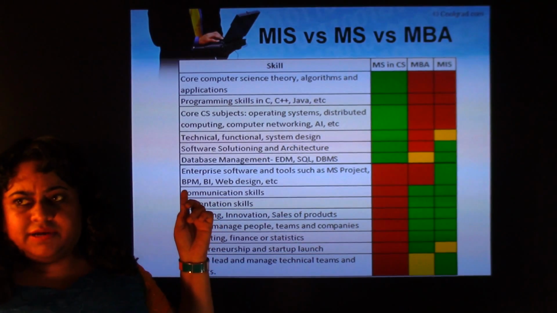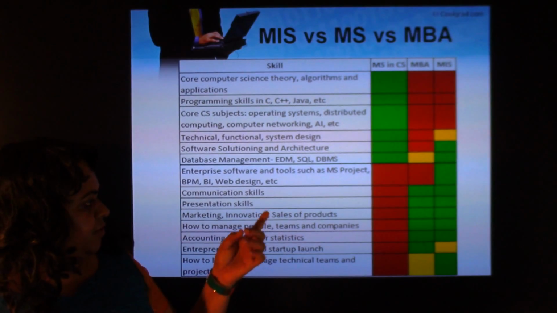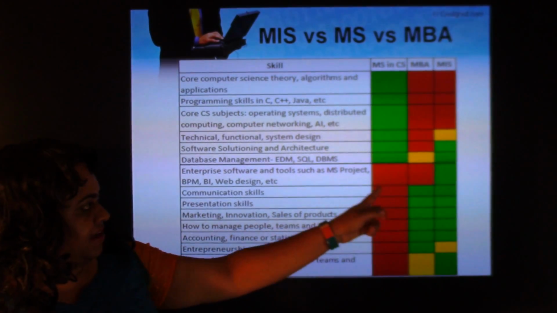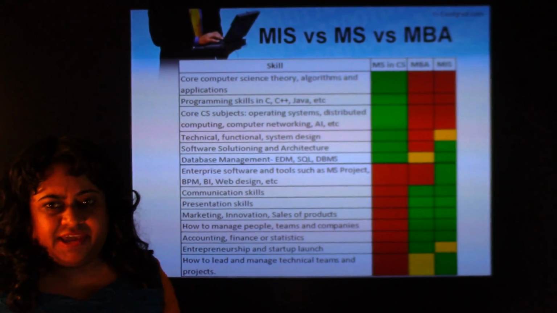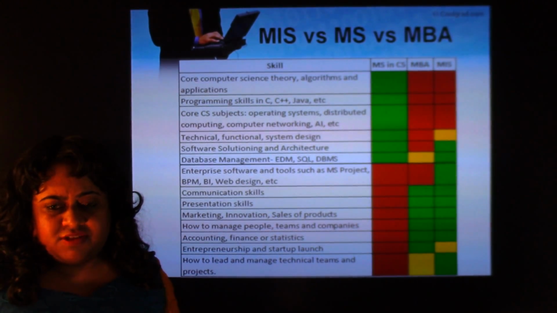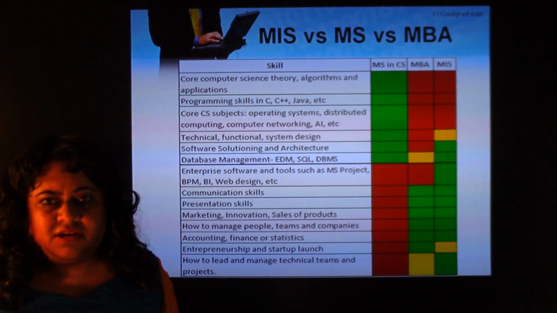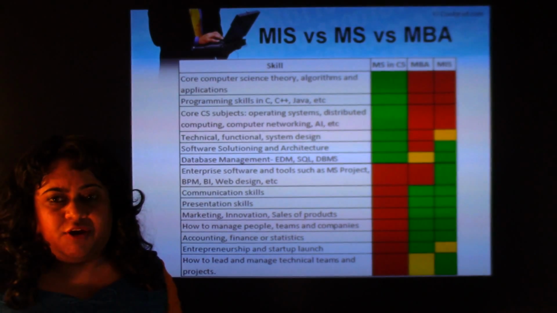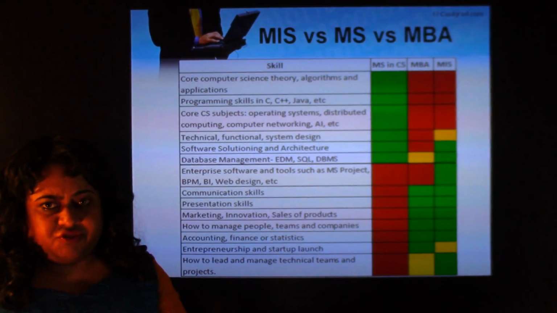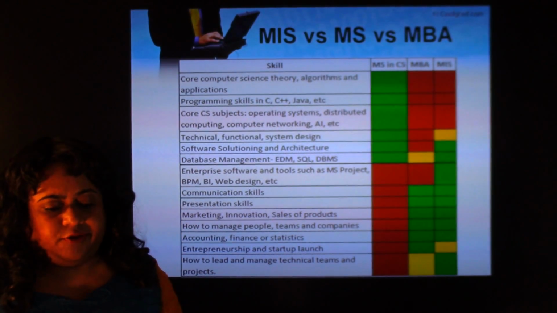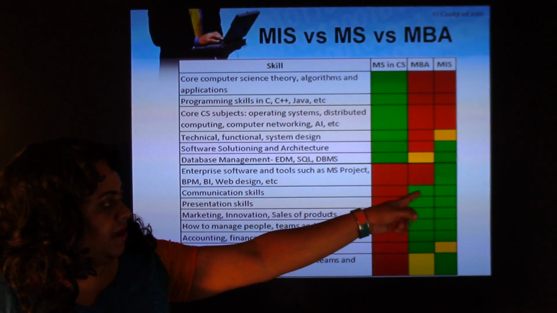Communication skills. You want to learn communication skills, presentation skills and things like that, then you should probably do MBA or MIS and not MS in computer science. Because in MS, they probably don't care how well you communicate. It's not about making presentations. I've known very good researchers and programmers who can just sit in their chair and do coding all day, but they're not really great speakers, or they're not very articulate or something. I don't think they hold that against you in an MS program. But if you're writing a thesis report or something, of course you have to have a good writing style. But it's more important in an MBA and MIS program.